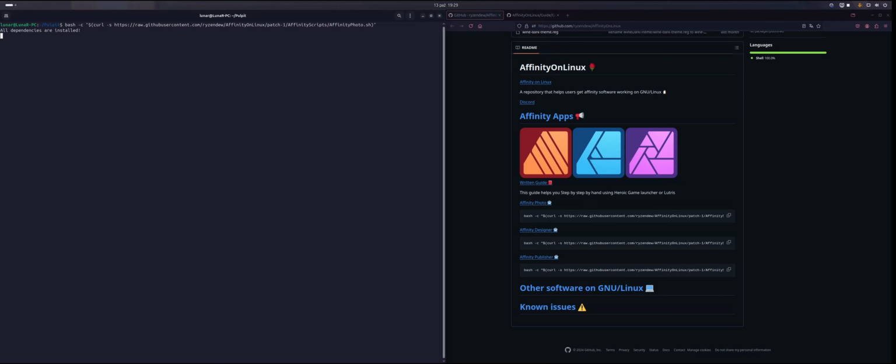The first version was, I hoped, about being able to install Affinity Photo on my computer, but when I tried to search for the script that I was talking about, the script was nowhere to be found on the GitHub repository. So I wrote that the script was missing and I didn't know when it would be back. And the moment I was about to publish the video and